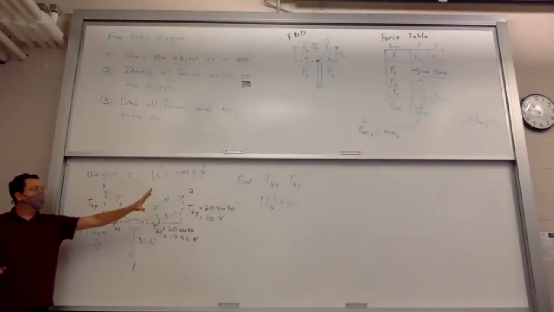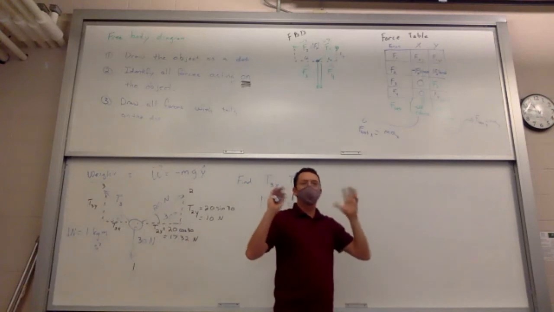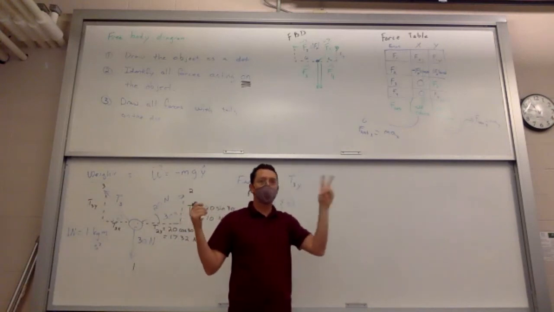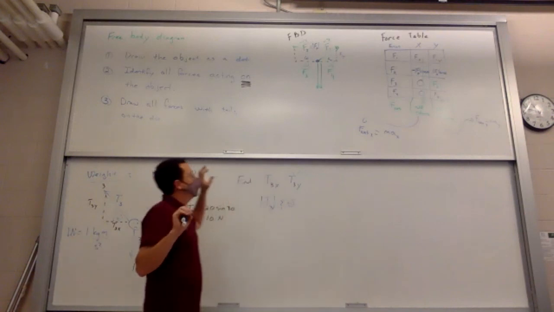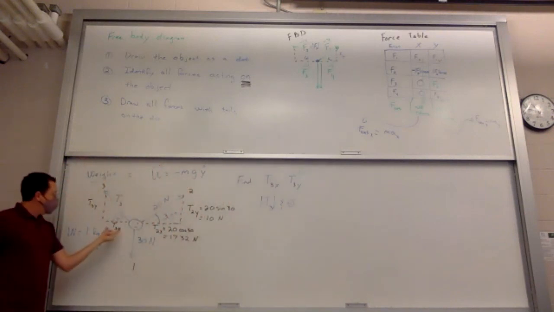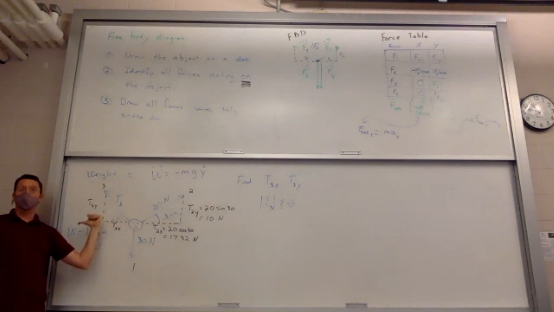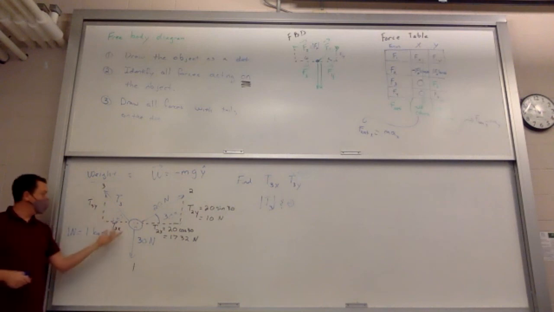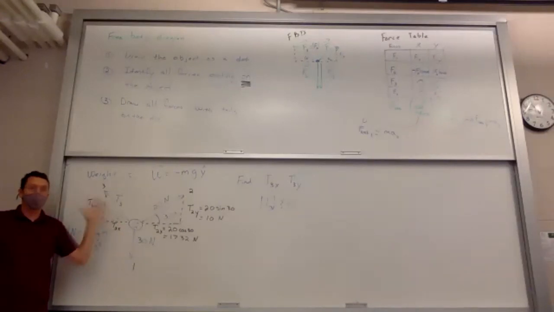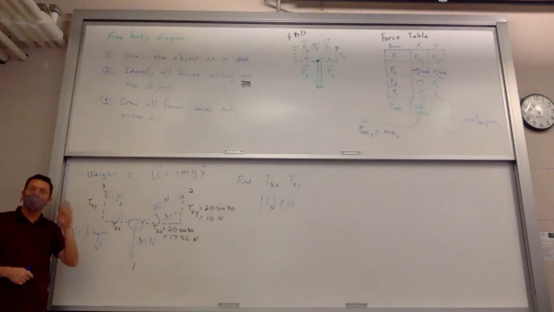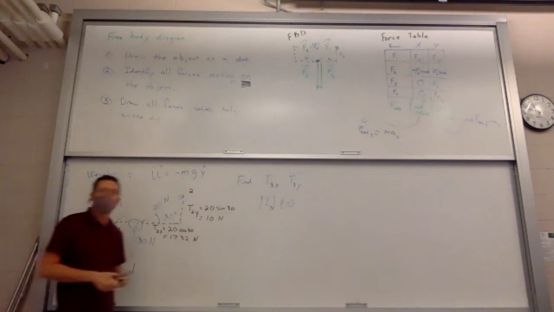Now, when I put things in, you've got to watch the minus signs. You don't want to overcook them. If you're going to be wrong on a minus sign, be wrong twice, I guess. On this one, T3, this vector is going to the left. So I'm expecting this answer, when I'm all done, to be negative. Just visually, it has to be. So I'm not going to assume anything. I'm going to do the algebra and let the algebra tell me positive or negative. But I know if I've done it right, it'll come out negative. Little things like that are good checks that you got the minus signs right and understood the problem.